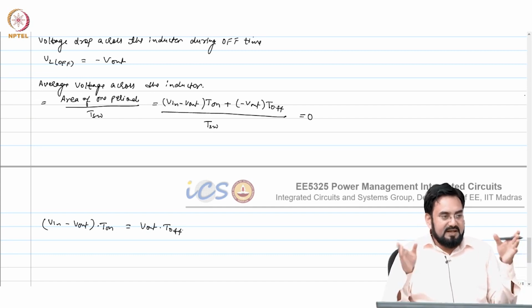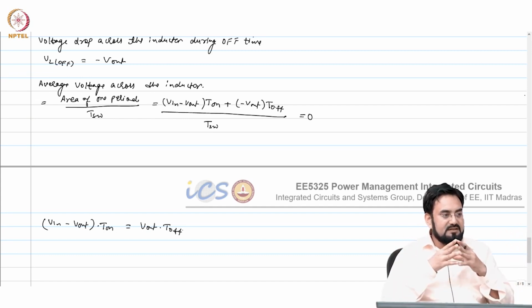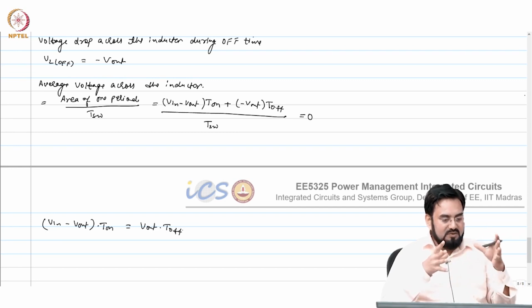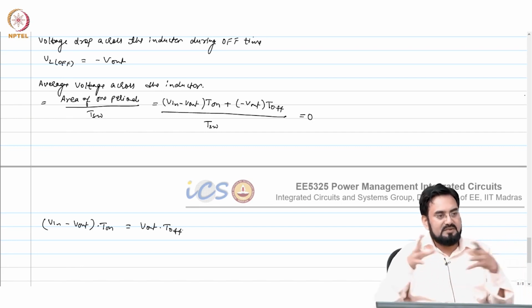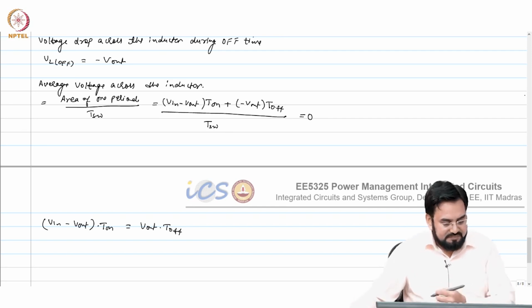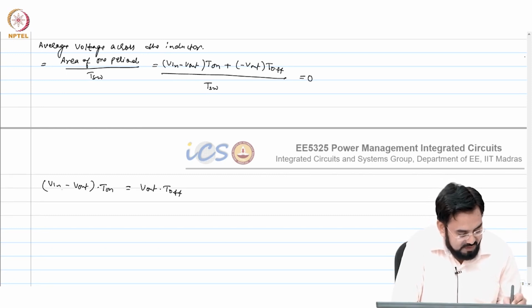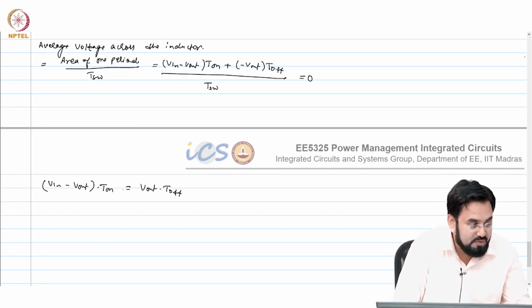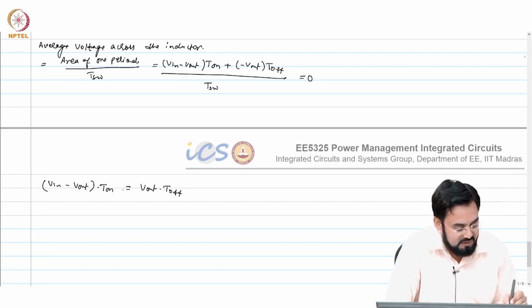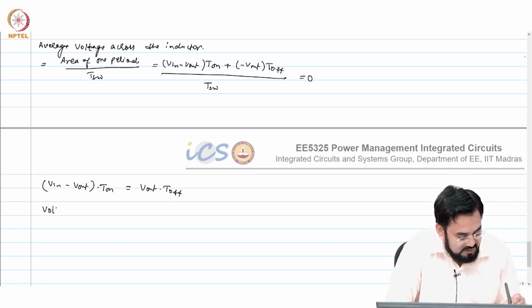It means that in order to maintain the 0 average voltage across the inductor, the voltage-time product during the on time should be the same as during the off time. Basically, that is why we call it volt second